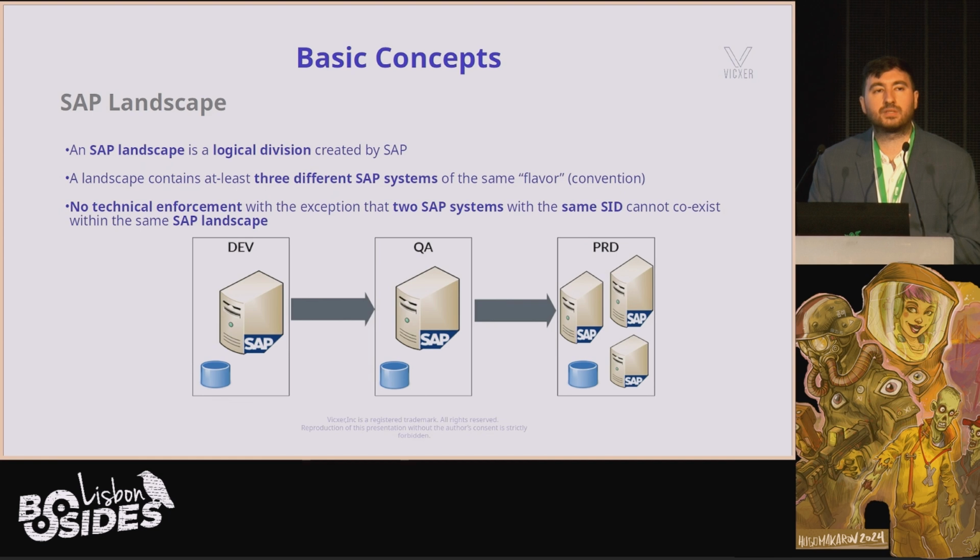So, very basic components, concepts that you need to know before we can get technical here. The first one is the concept of SAP landscape. A landscape, and you will see it a lot in the documentation, is pretty much a logical division created by SAP. If someone asks you how your ERP landscape looks like, that person will be asking you to describe the development system, the QA system, and the production system. The minimum expression, and SAP here demands it for the vast majority, is 3: dev, QA, and production. But it's up to the company to decide how many tiers they want to have.